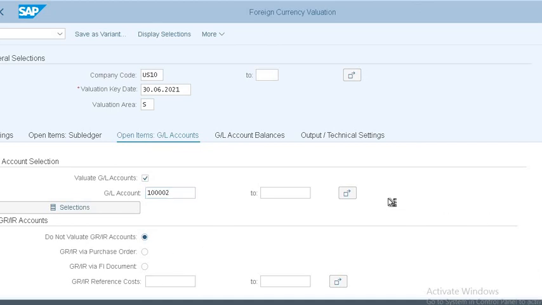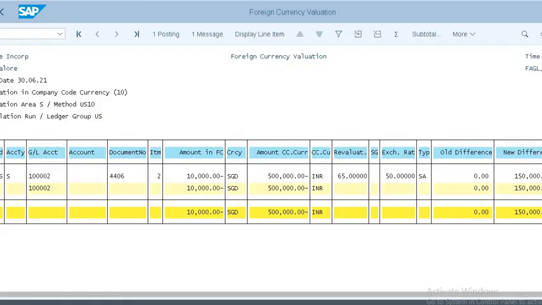Let's see. If you see the foreign currency valuation, we have taken 10,000 Singapore dollars at 50. So in local currency INR, it's 5 lakh rupees. Now this is the valuated amount at month end valuation, it is 65.